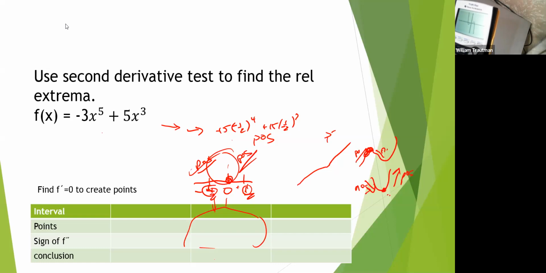So the first point gave us a relative minimum. The last point gave us a relative maximum, and the 0 gave us no relative minimum or maximum because we had two positive slopes and it didn't give us a valley or a peak. So that is